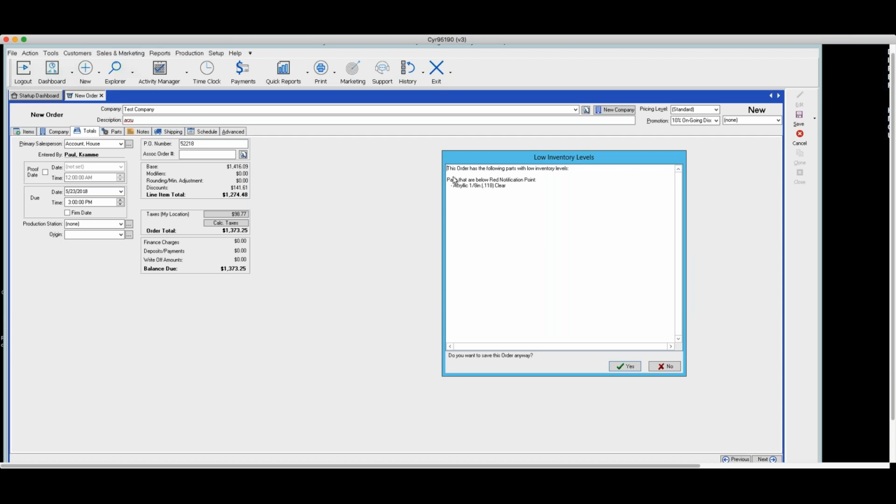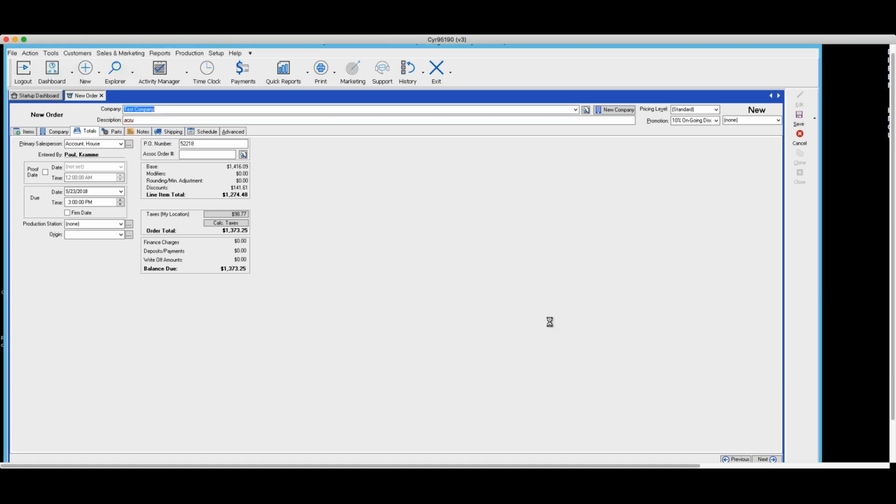Okay, pay attention to here. It says this order has the following parts with low inventory. Parts that are below the level are for this particular item. Okay, it's just a warning. Now, if we come back up,